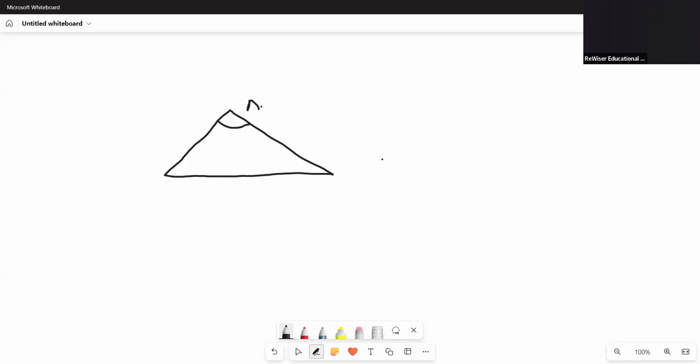Again, if this is angle A, the side opposite is side a. If this is angle B, the side opposite is b. And if that's angle C, the side opposite is c. So if I have to write the area of this triangle, please remember the formula says half into the product